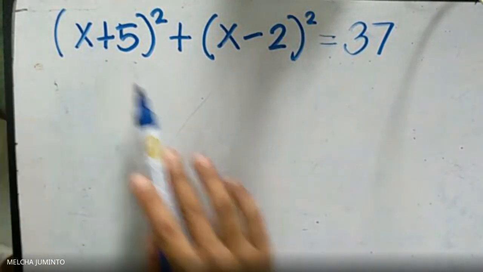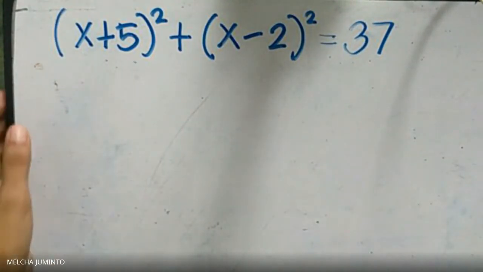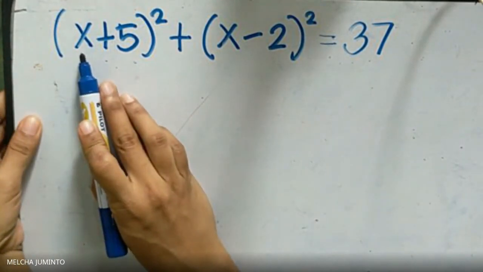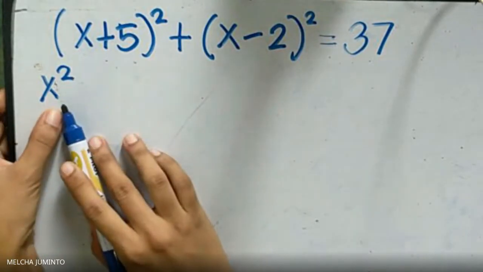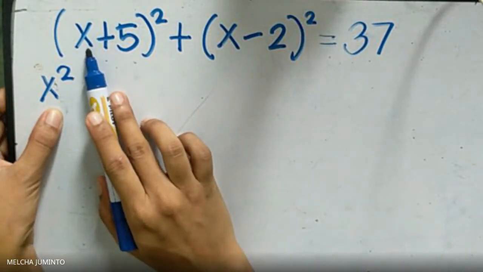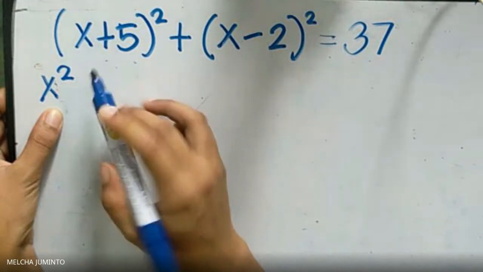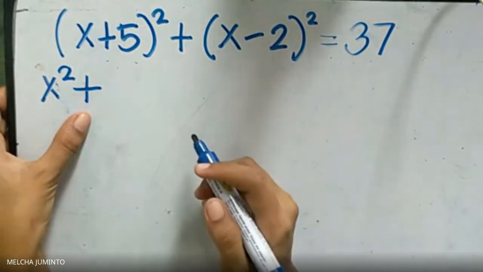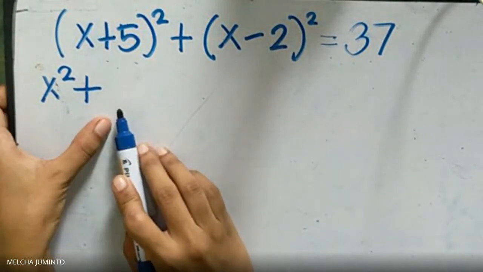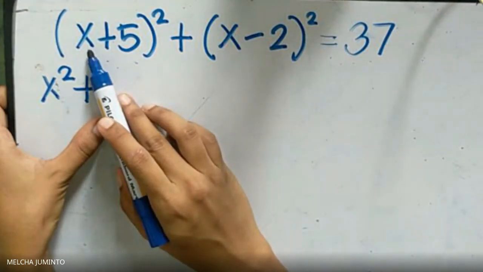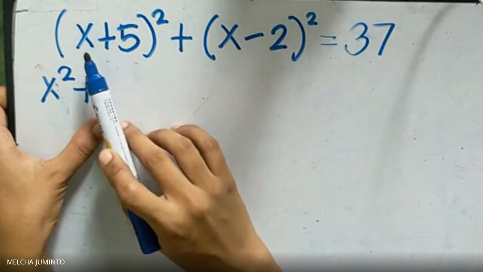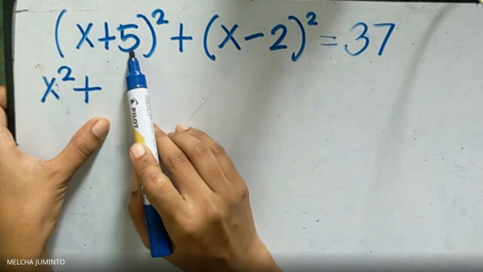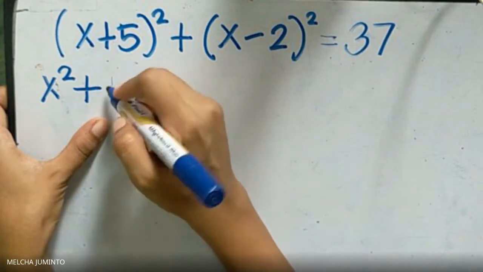To square x plus 5, we can follow the short method. First, square the first term. So we will get x squared. x squared is from squaring x. Now, since the sign is positive, we simply copy positive. And then the next term here will be the product of the first and second term times 2. Multiplying by 2 is constant once you square a binomial. So x times 5 is 5x, times 2 will give us